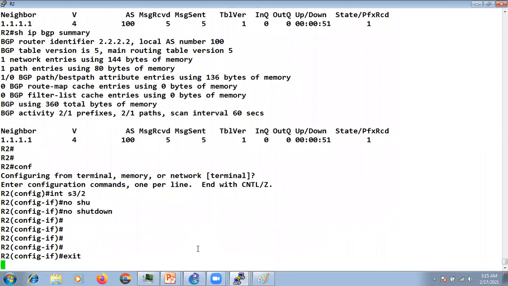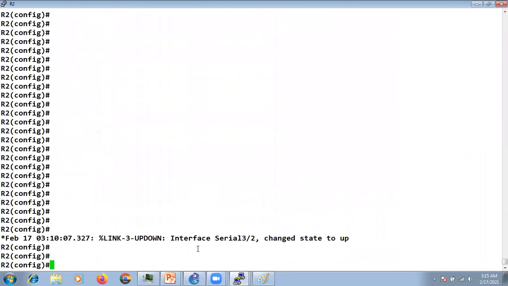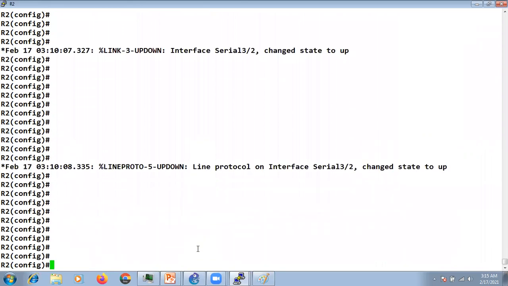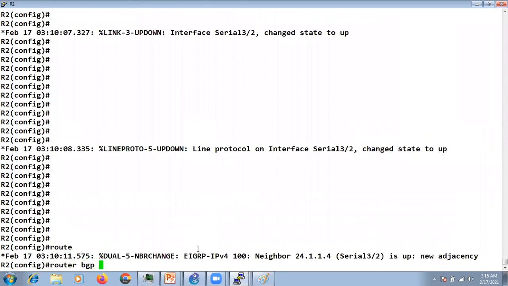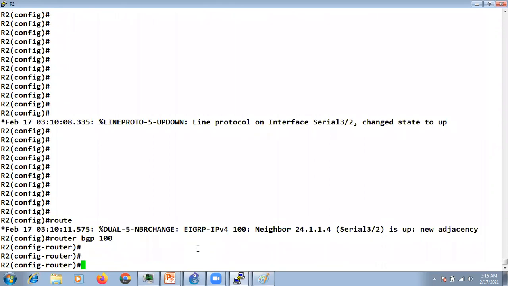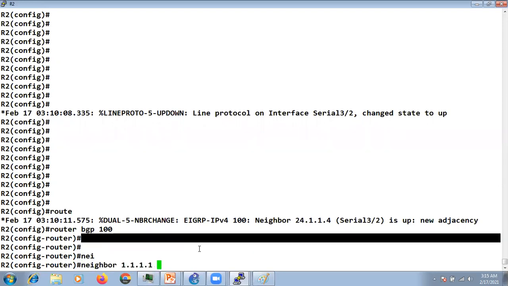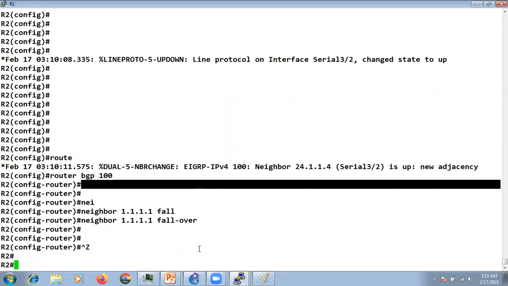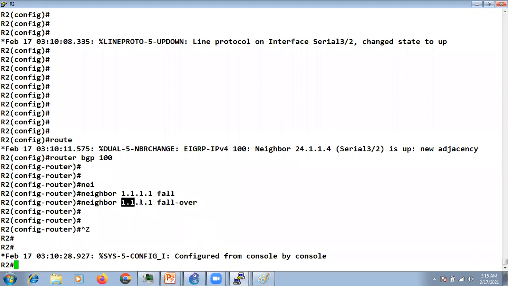I'll go to router BGP 100, right? So to mitigate this, we can use the fall-over command. I will go to neighbor and I will say fall-over. As soon as we don't have any route or any path for my neighbor in the routing table, I will assume that my neighbor is down.